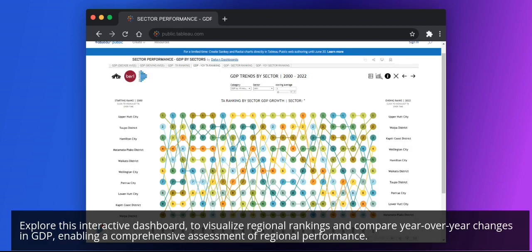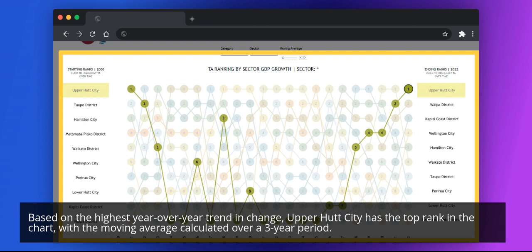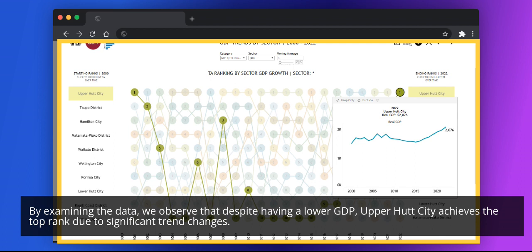Explore this interactive dashboard to visualize regional rankings and compare year-over-year changes in GDP, enabling a comprehensive assessment of regional performance. Based on the highest year-over-year trend in change, Upper Hutt City has the top rank in the chart, with the moving average calculated over a 3-year period. By examining the data, we observe that despite having a lower GDP, Upper Hutt City achieves the top rank due